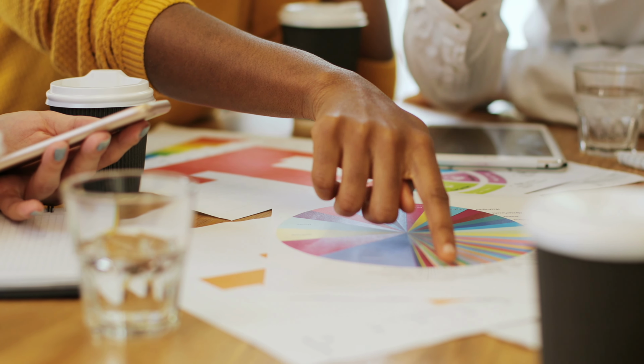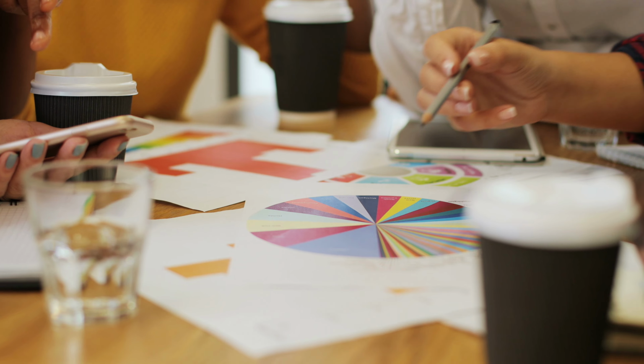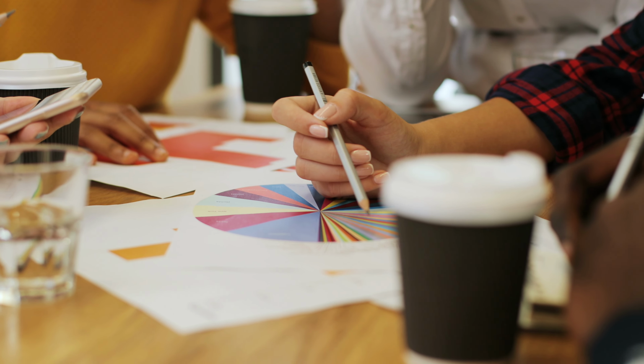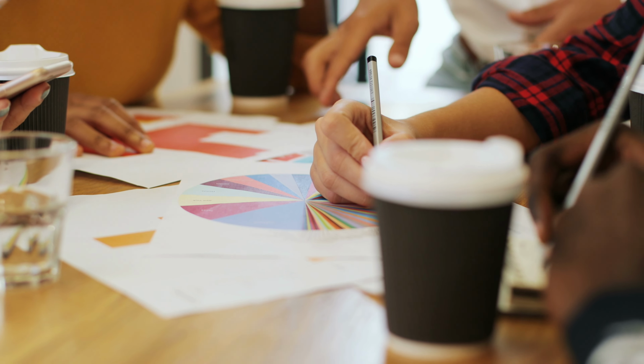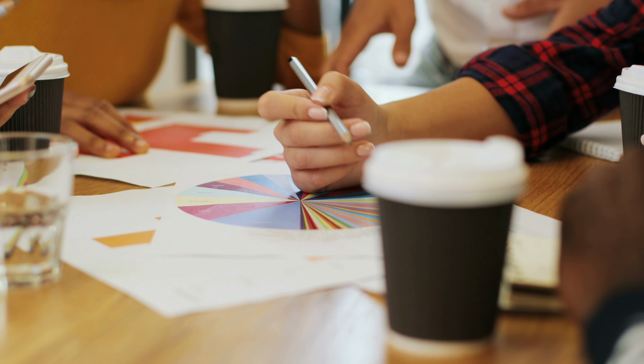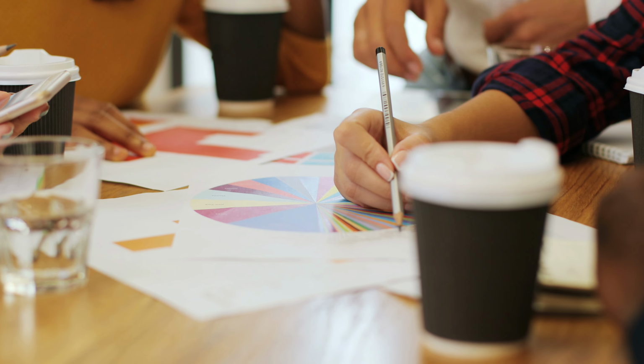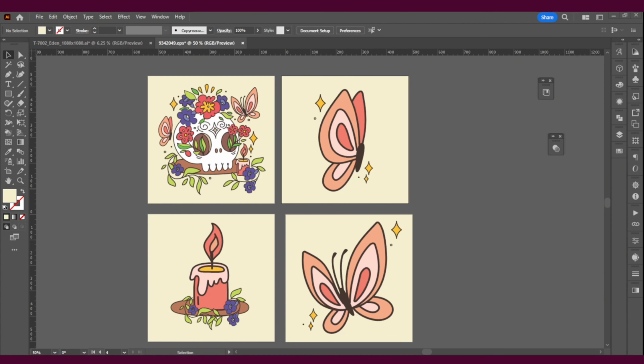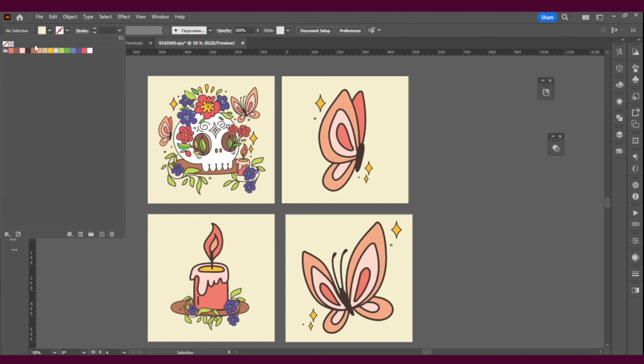So today I'm going to show you how to easily change colors in a design if your client tells you, you know what, I'm not too sure about this color, I'm not too sure about that color, but everything is already in place. So fairly easy. Let's get into it. First off, make sure your swatches